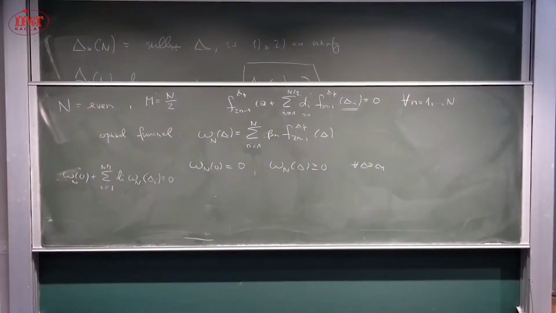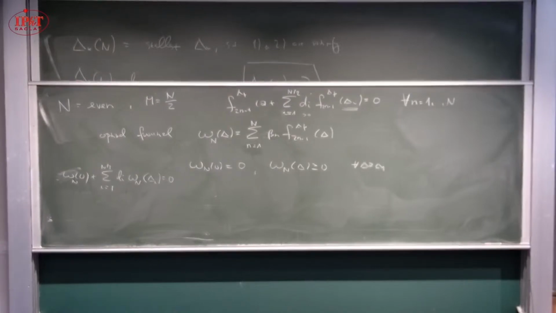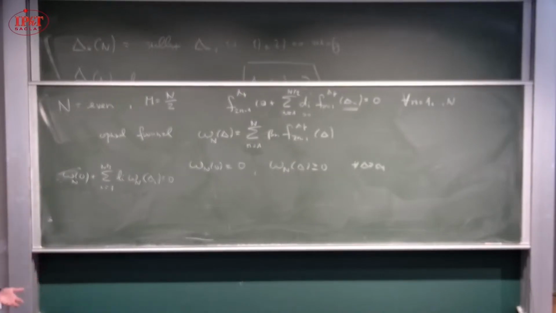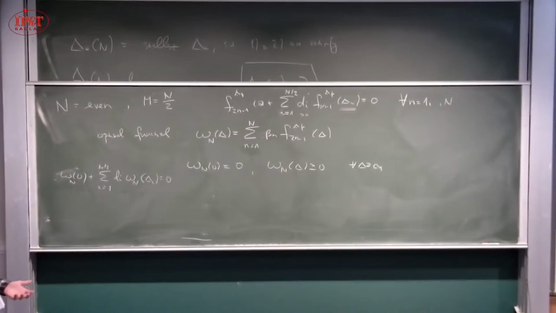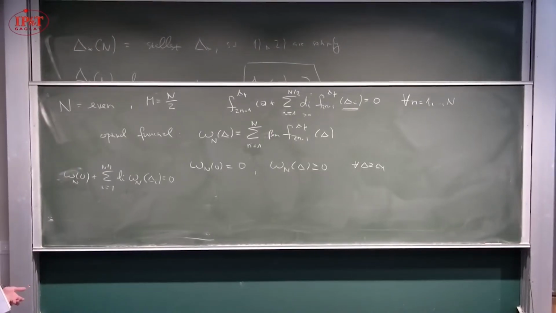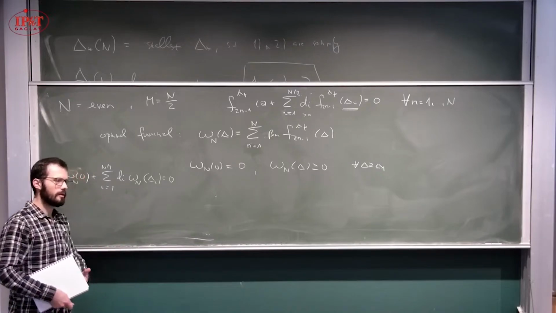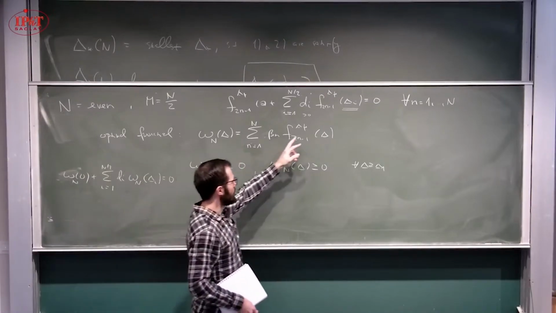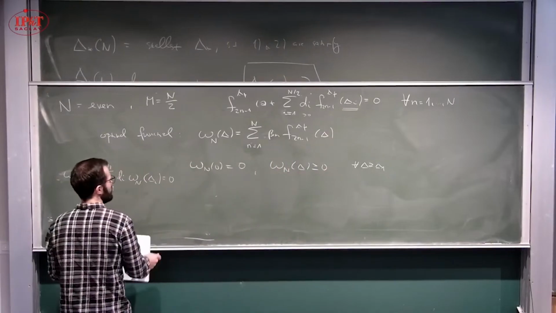This is very similar to what we saw, for example, in lecture 2, when we were able to find the limit cycle of the Van der Pol oscillator by a very similar argument. There was some kind of a functional, which was the function we were constructing, which was non-negative everywhere, but because it was producing a bound that was saturated by a certain trajectory, the function actually had to vanish on the trajectory. So in this case, the analog of that function that we were constructing is omega, and the analog of the trajectory is the spectrum of delta i's. So just from these two constraints,